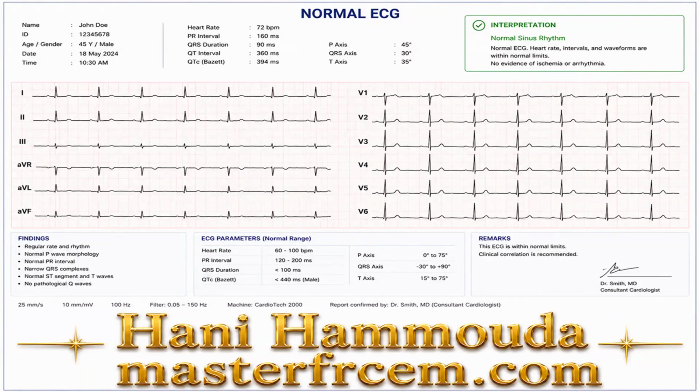Regarding the ECG, if the ECG shows significant ST depression, 2 points. If the ECG is normal, 0 points. If the ECG shows non-specific T-wave inversion, it will be 1 point. So this one is clear, 0 points, right? Regarding the age, if the age is more than 65, 2 points. If more than 45, it will be 1 point. Here, 45 is borderline. You can consider 1 point, right? So we have history 2 points and age 1 point. It means 3 points until now, right?